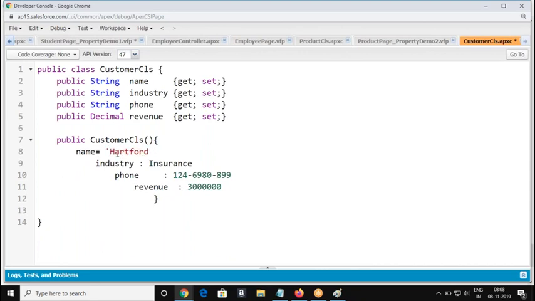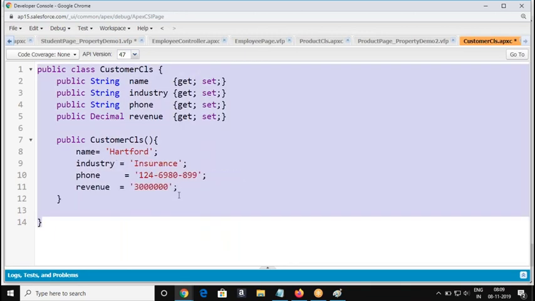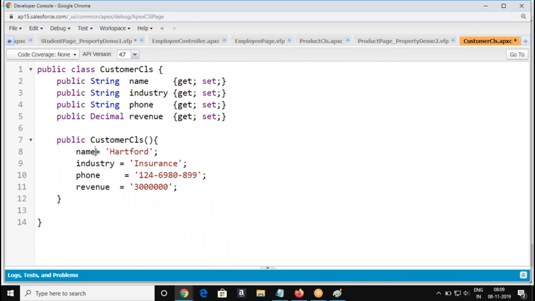See, to save time, I'm just trying to copy paste it, but I suggest you do not do this. Similarly, phone number. Phone number is a form of string only. The phone number will always have a special character also, right? Hyphen. Right. So these are my values assigned.